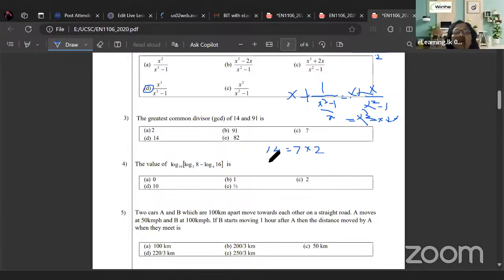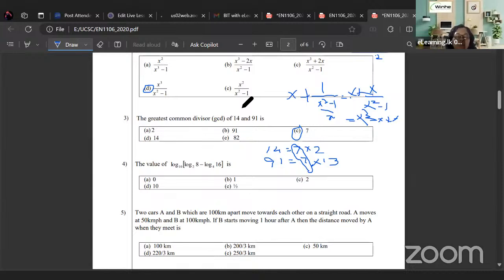If you consider 91, you can write it as 7 into 13. When you write like this, check the common value and multiply the common values. Here there is only one common value. If there were 2, you would have to multiply those 2. Since there is only one common value, you can consider it as the greatest common divisor